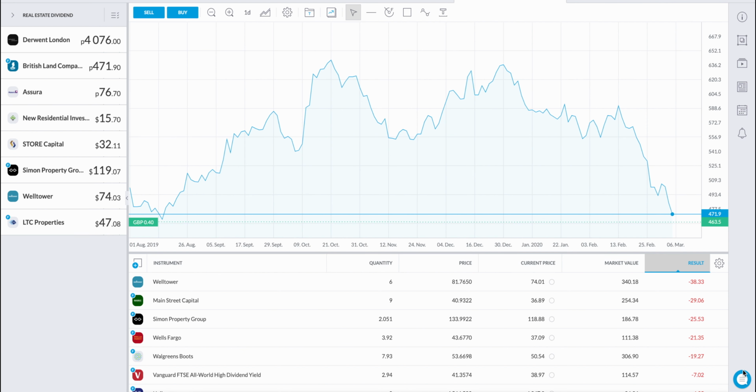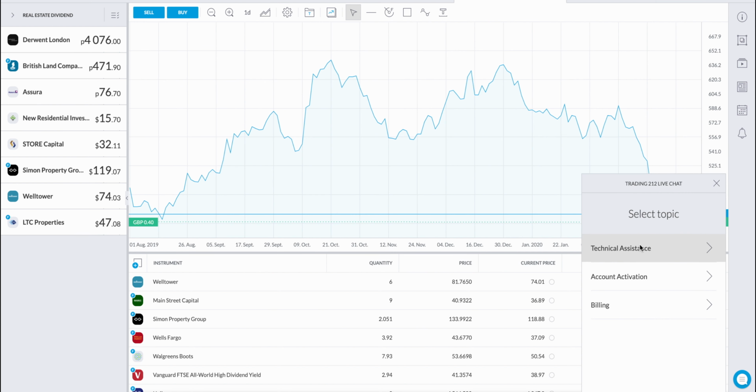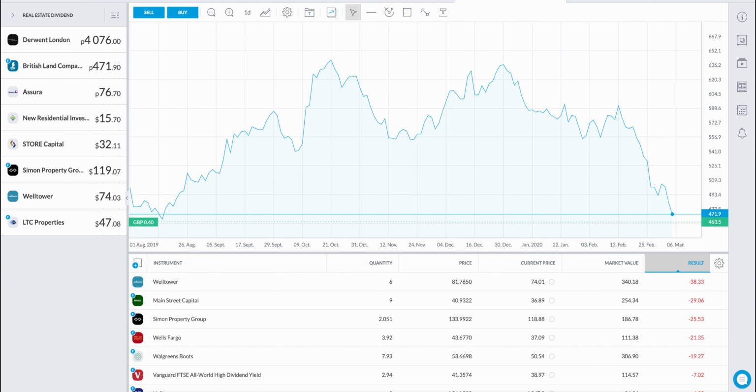It's available by clicking on the icon down here and clicking technical assistance, and you can double check to make sure the W-8 BEN form has been filled out. Even so, 15% is quite a large amount that UK residents don't receive in the form of dividends, and so you have to decide whether international markets are worth investing in.